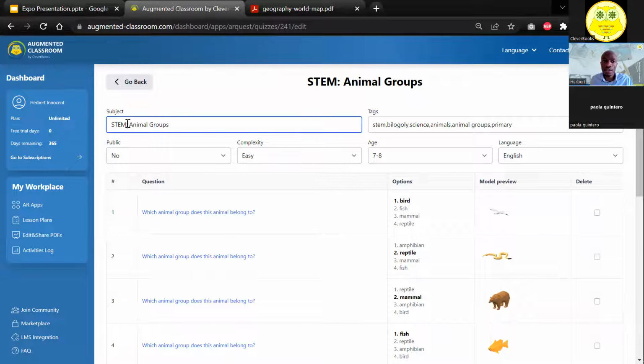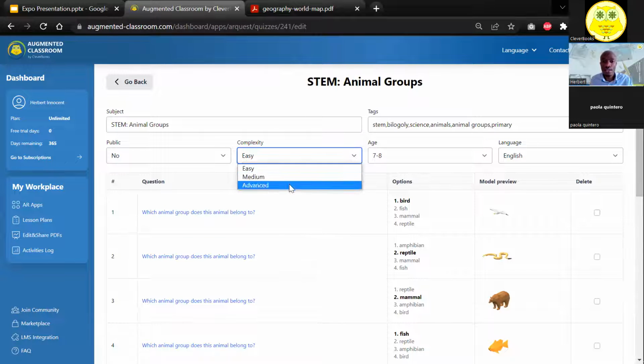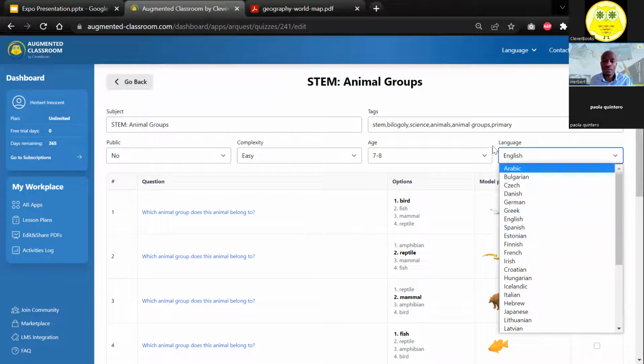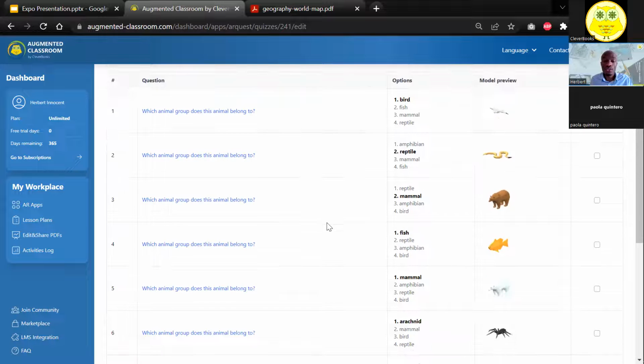It'll ask you for things like the subject name, the tag, which is basically how you're going to categorize this so that later on you're able to remember, right? And if you want it to be public or private, how hard it is for the students, how complex it is, what age level, and what language you want to use, right? And to create